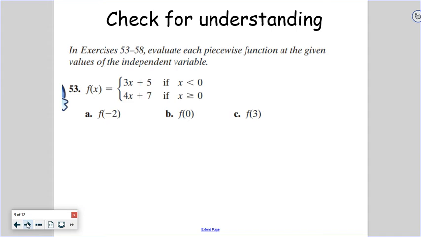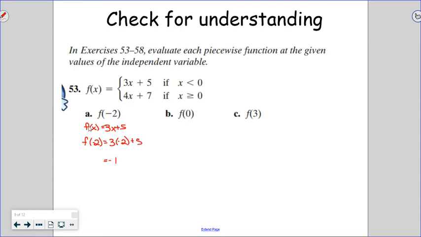Okay, just to point out, I know we've attacked piecewise functions in 2 different ways. We were graphing them and we were evaluating them. I caught a couple people doing too much work. It's not that you're wrong. We just don't need that much work if the only question is to evaluate it. Remember, if my x value is -2, which inequality does that fit into? Well, -2 would fit into the top one, less than 0. So I would pick f of x equals 3x plus 5 as the function that I would plug that into. And then I would evaluate at -2,